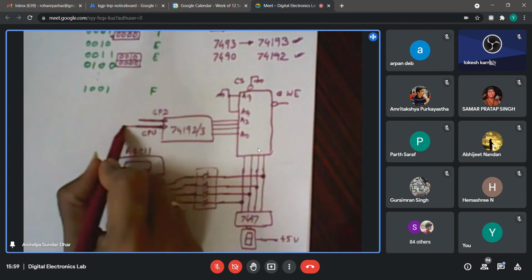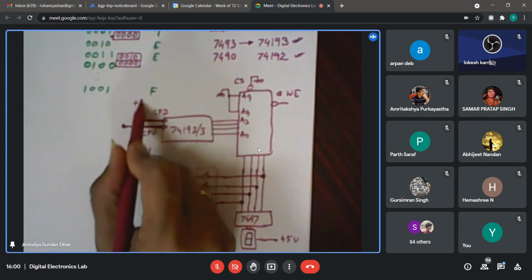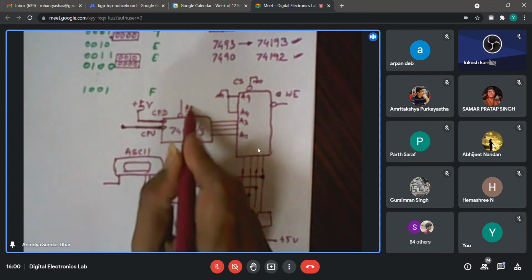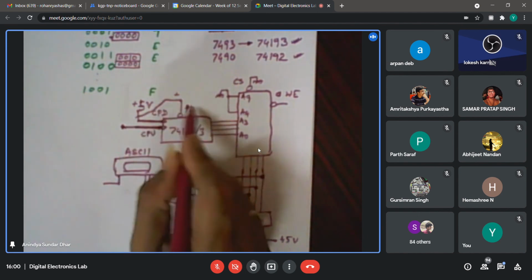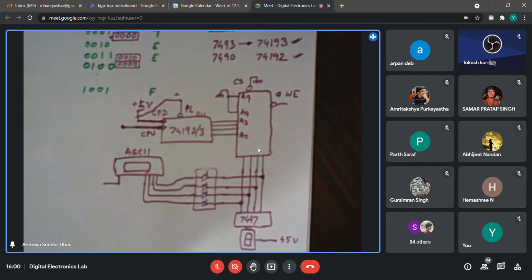So clock positive up. Here you are supposed to give the clock, and this one is supposed to be connected to logic high, +1. +1 means +5 volt. And the parallel load, it is active low. So you need to connect that one also to the same +5 volt. So just remember those things. Other lines I think you can keep open, there is no issue, or you can keep them grounded. Anything else? There are 2 terminal counts. You do not require terminal count up, terminal count down. These 2 pins you need not use.